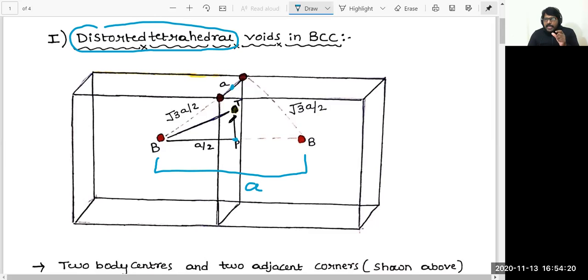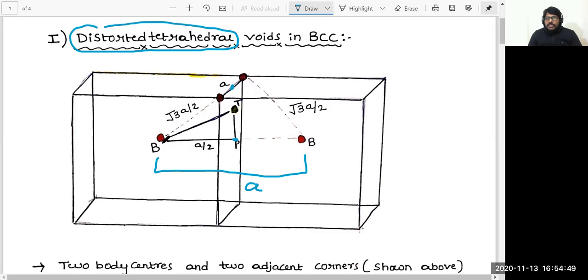If any atom occupies this tetrahedral void without any distortion, we are going to find which atom with maximum radius will sit in the tetrahedral void. Simply, we are going to find the radius of the tetrahedral void. In order to find it, of course, we have to take this triangle. The triangle is